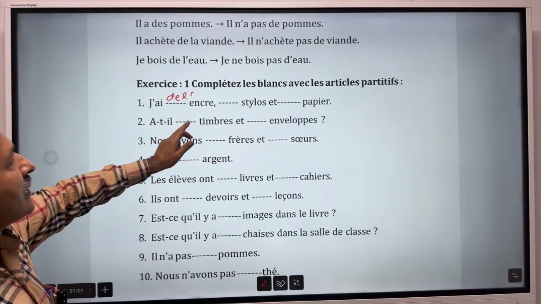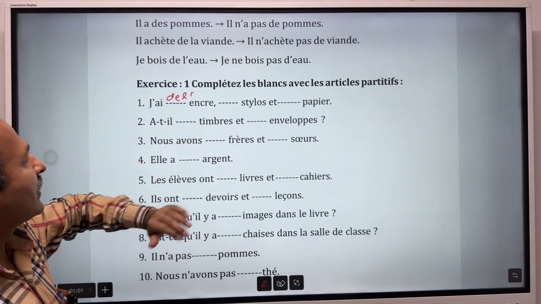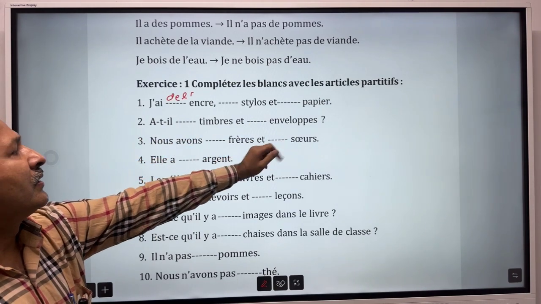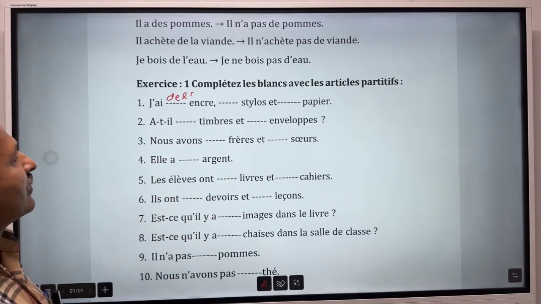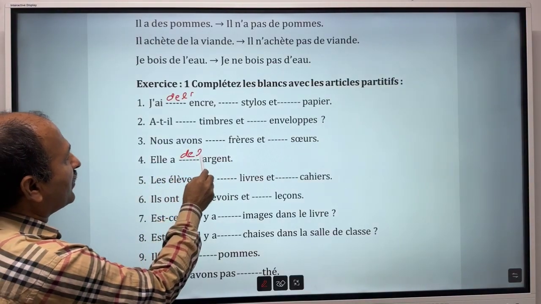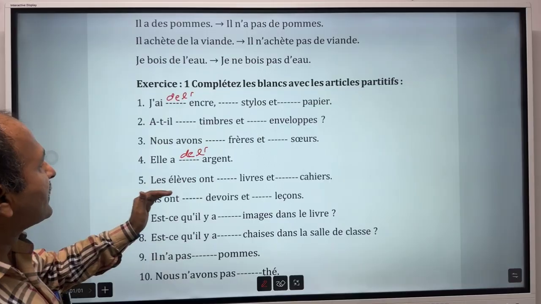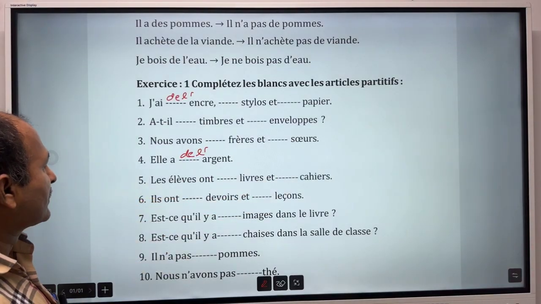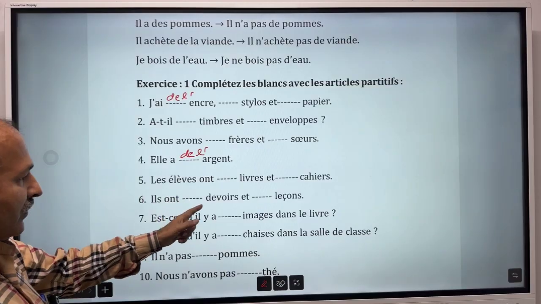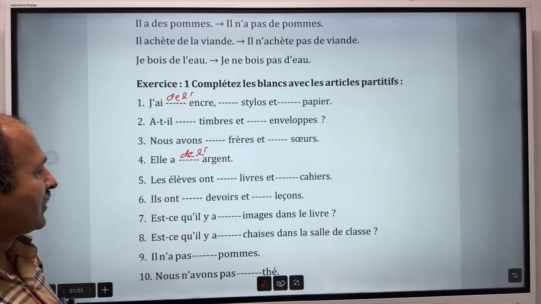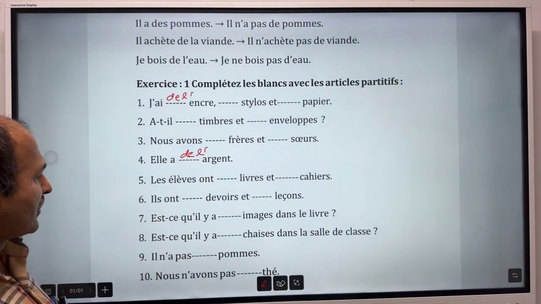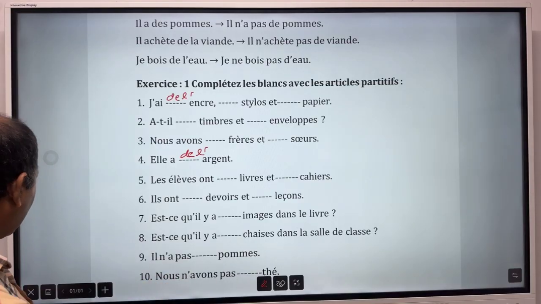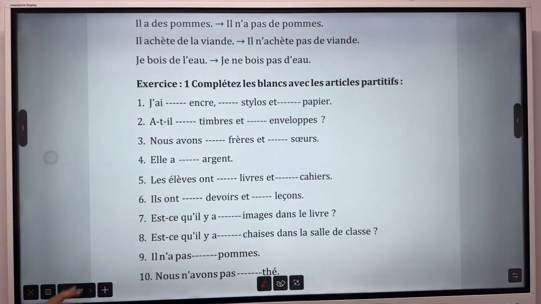Plural, des. It will become de l', the larger. Les élèves ont des, plural, so des. Ils ont des, plural, this is des. Here again des, this is des. Here in the 10th one,